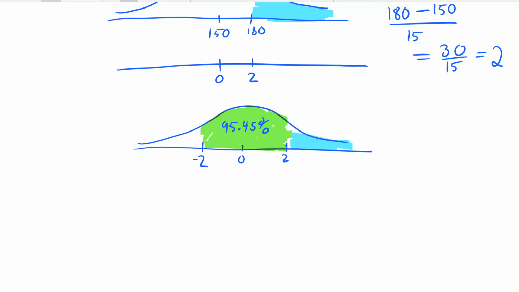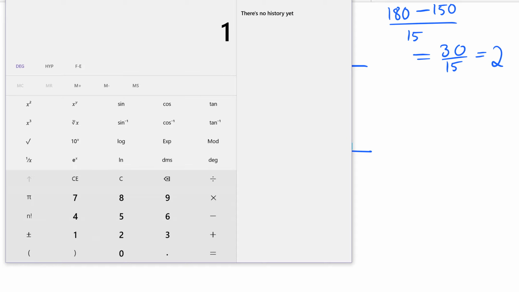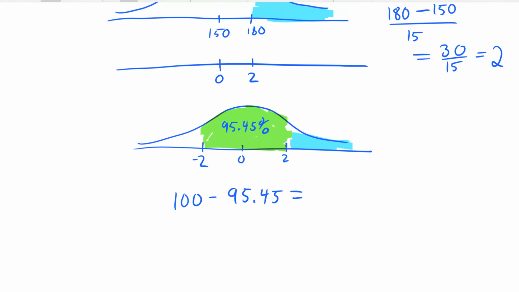The entire normal curve is 100%. So 100 minus 95.45 equals, let's use the calculator, 4.55. That means the areas in blue total